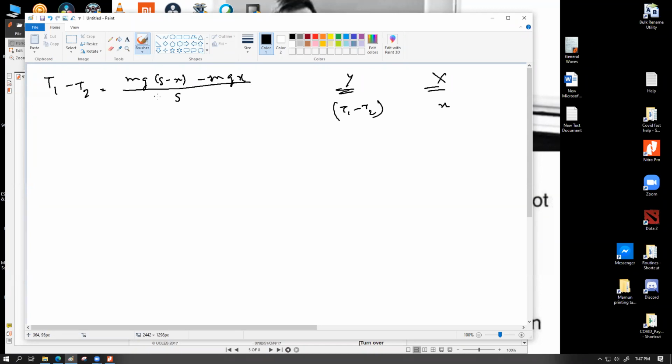All that we have to do is to work with the right side for this question and to separate out the x expression and everything else on the other side. So I'm going to try and do this in a fashion that I might find easier, but there are many different ways to approach this, but just bear with me. I can write this as mgs minus mgx